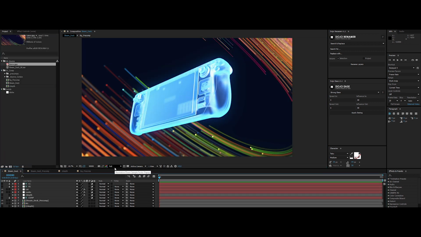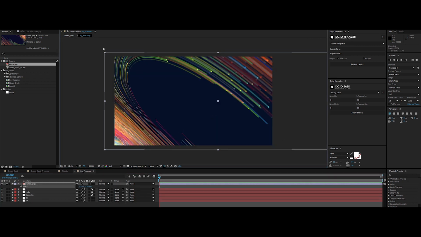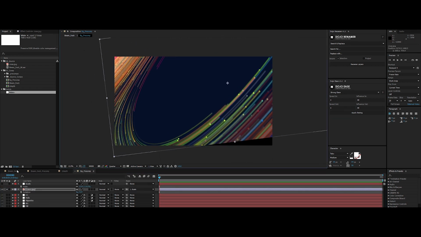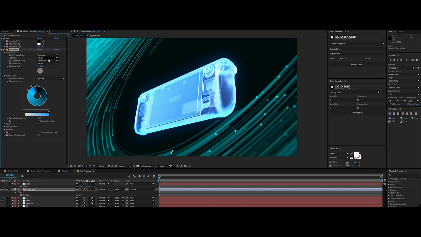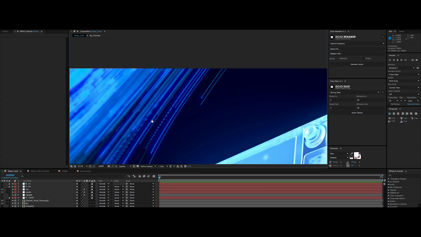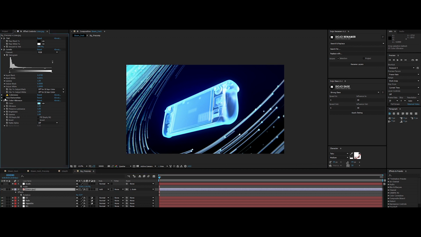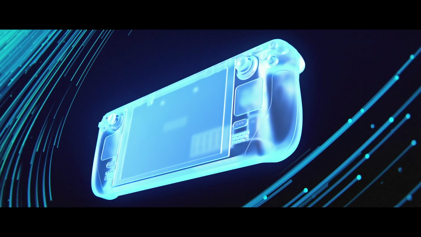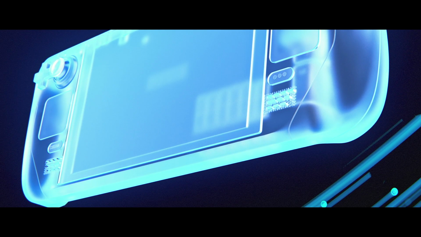Okay, now it's time to make the background a bit more interesting. I'm importing a stock image with a great flow of lines. I'm adjusting the scale and the rotation to have a good global composition. Now let's adjust the color of the strokes. We want to colorize it with a teal color. I'm getting there, but not quite right yet. Tweaking and tweaking to get the desired effect that I have in mind. Okay, much better. Really nice. What do you think, guys? This is a really cool way of doing awesome holographic visuals.